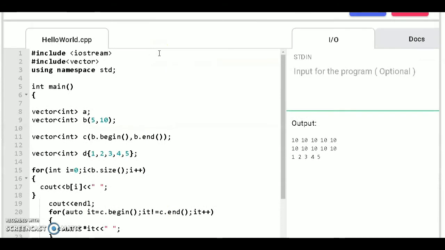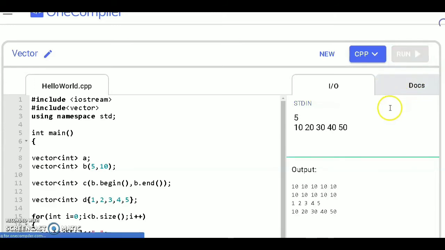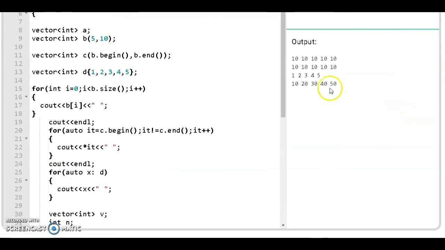Now let's run this code. Take the input, let's say we take 5 inputs and the elements are 10, 20, 30, 40 and 50. So you see, this is the vector having the elements 10, 20, 30, 40 and 50 inserted using the push_back function.